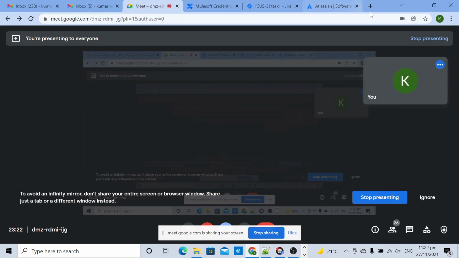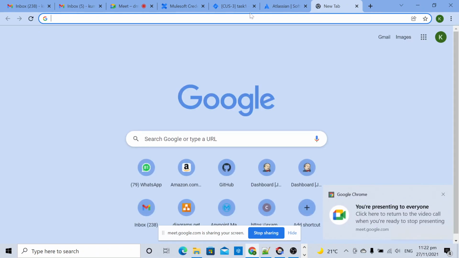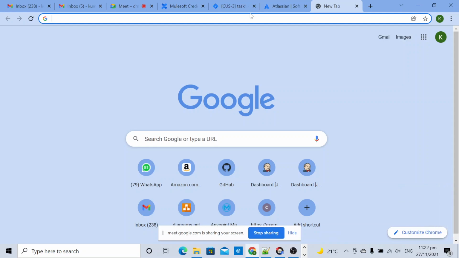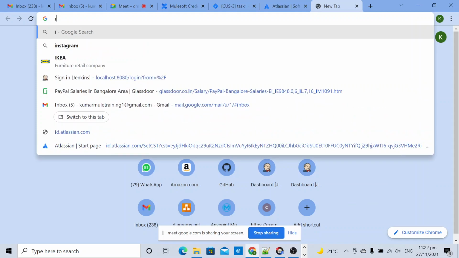So next we will cover... So till this point we are done with Anypoint Studio software setup, Anypoint Platform setup, Git setup, and Git Desktop setup. Git setup we completed, yes, correct. I haven't given access to anyone. Today I will give access, but what I can remember, Git setup we already completed.